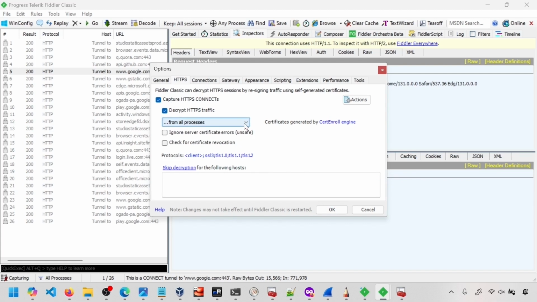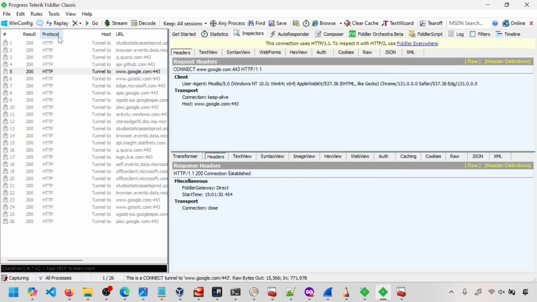It is going to decrypt traffic from all processes, not just the browsers. The certificate is generated by the cert enroll engine, pretty much the same OpenSSL command. It must be executing behind the scenes. There are a couple of details. If you want to skip the decryption, it is right here, but I'm going to click OK